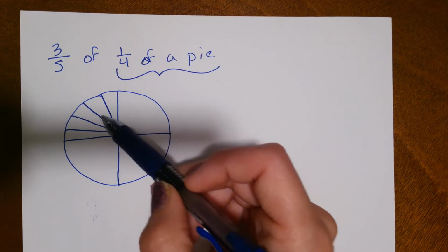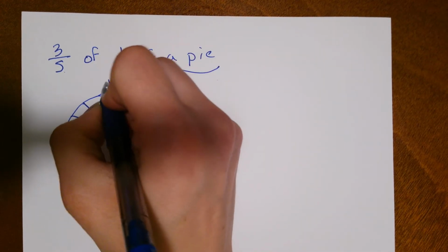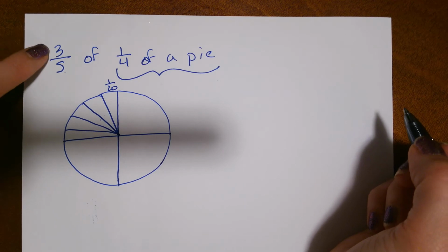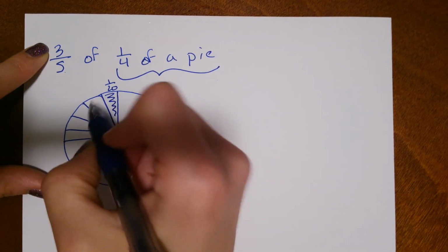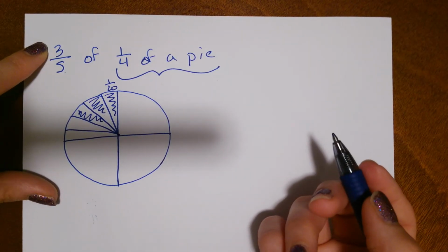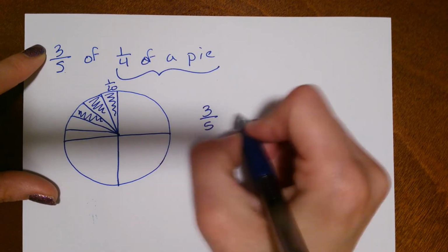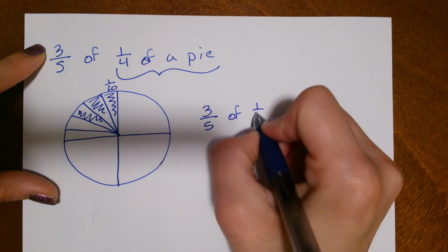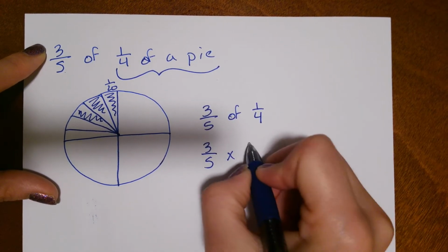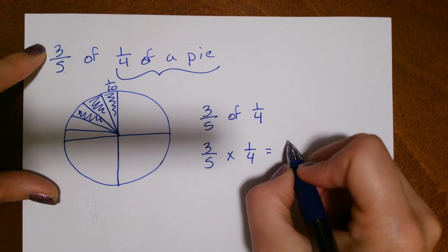So each of these little pieces now is 1/20th. And I'm taking 3 of them, so I have 1, 2, 3 20ths. So 3/5 of 1/4 is 3/5 times 1/4, which gives us